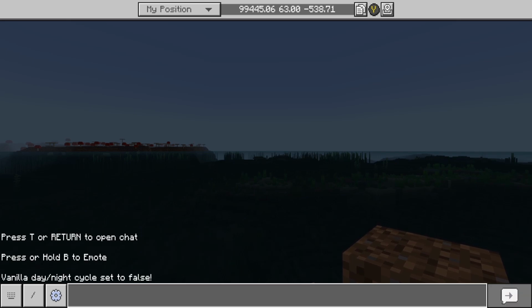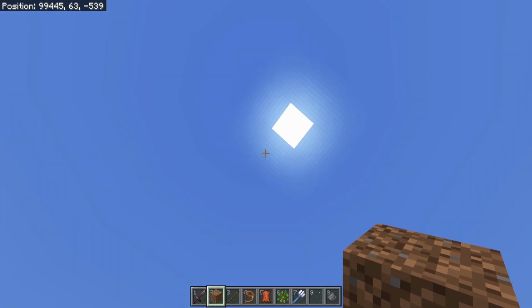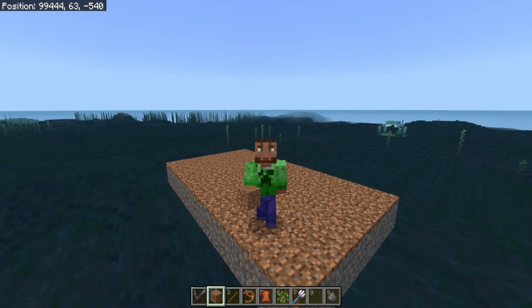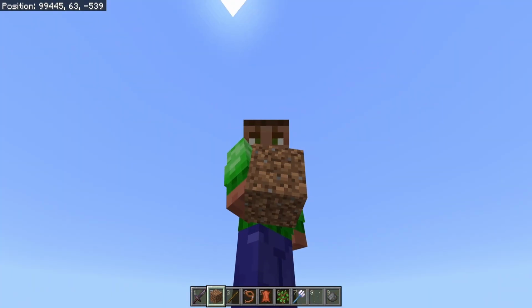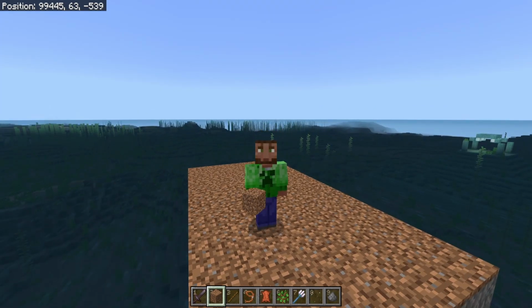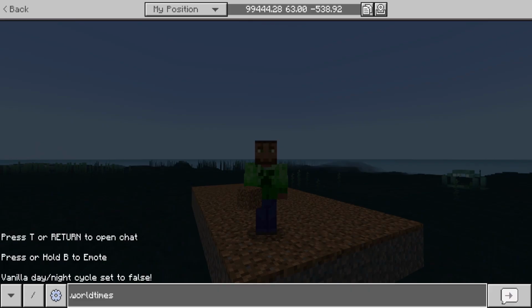As soon as you run that, it's going to set the vanilla day-night cycle to false, which means that the sun and the moon will of course stop moving, which would be a bad thing if we were not artificially controlling it. Now, the only reason why the sun and the moon have completely stopped in this video is because I have the day and night set to an extremely high value,